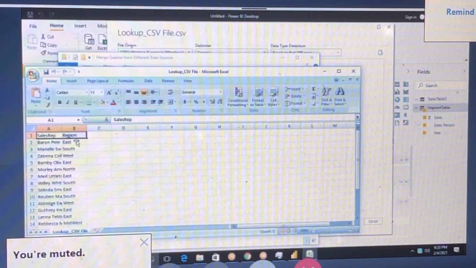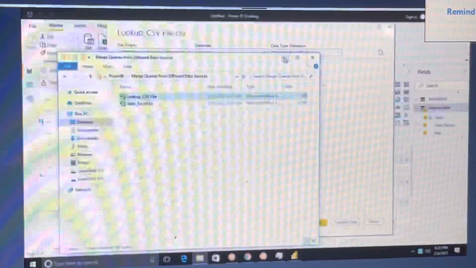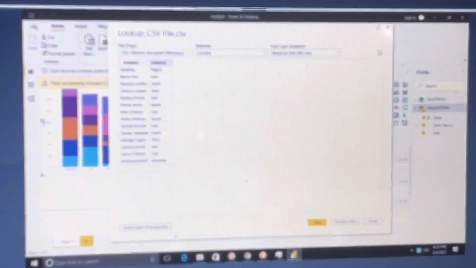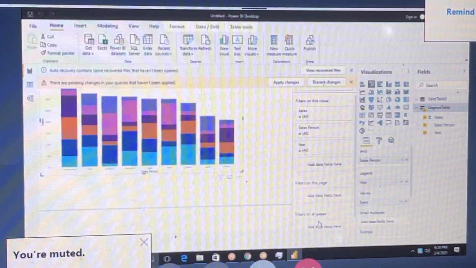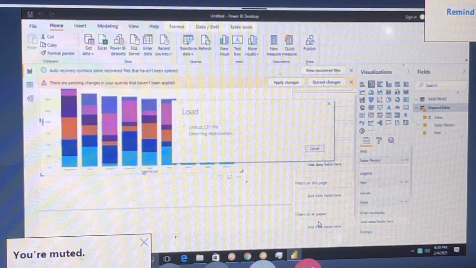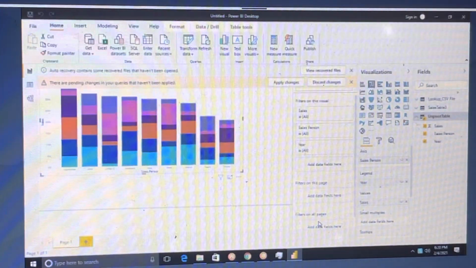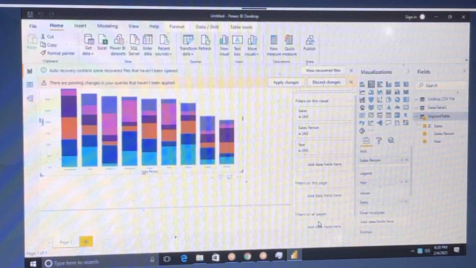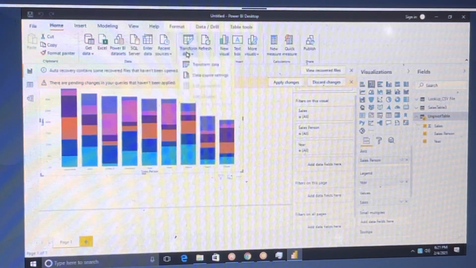It is not treating them as column names, but let it be. I will tell you one more option. Now load it. Maybe there is an option somewhere for first row as column names. Fine, anyway, with this one we will do one more thing.